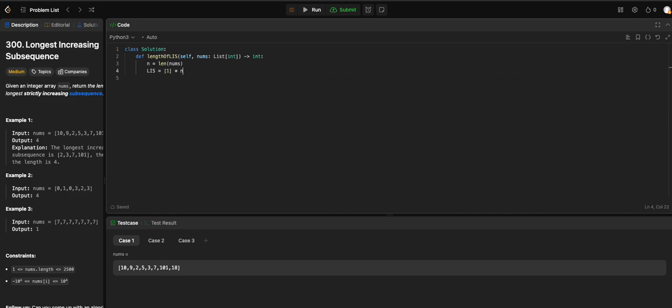Then we are going to loop through it, for i in range n, and then for j, which will be the second loop, in range